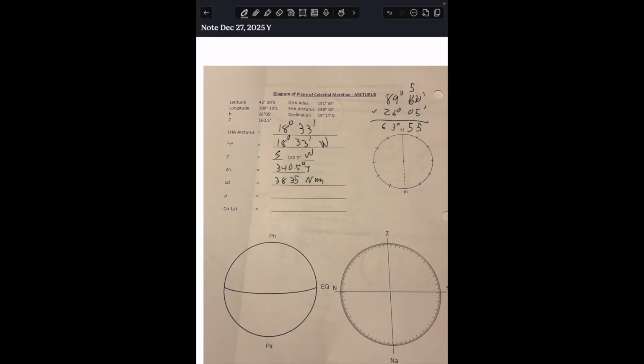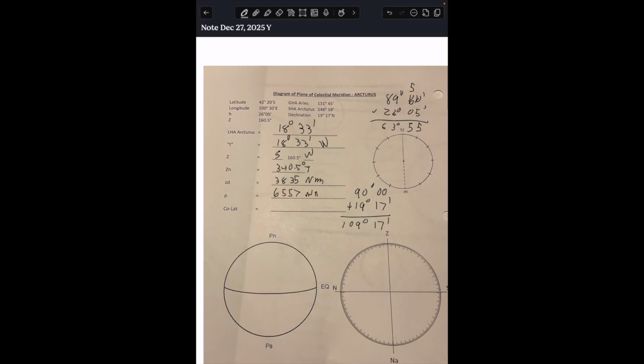And now we have to figure out polar distance. Well, polar distance is just 90 plus or minus your declination. In this situation, our latitude and our declination are opposites, just like the previous example, so we're going to add them. We're going to do 90 plus 19 degrees, 17 minutes, 109 degrees, 17 minutes. But again, that has to be converted to nautical miles, so 17 divided by 60 plus 109, which is 109.28, multiplied by 60, gets me to